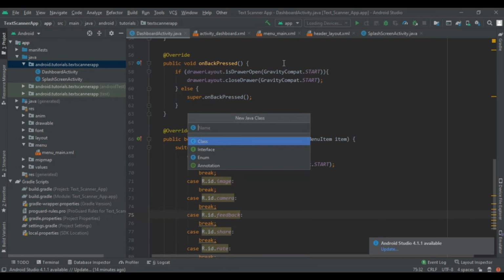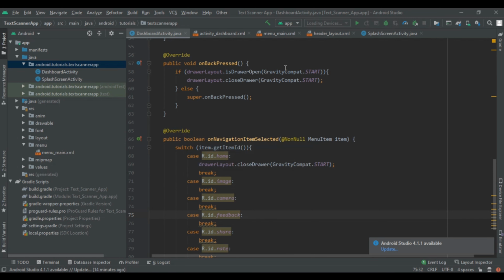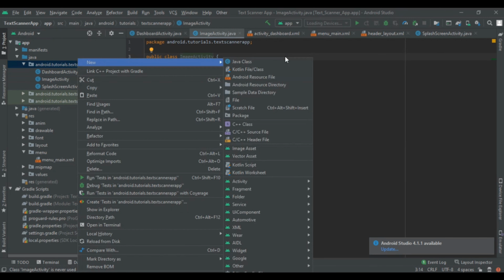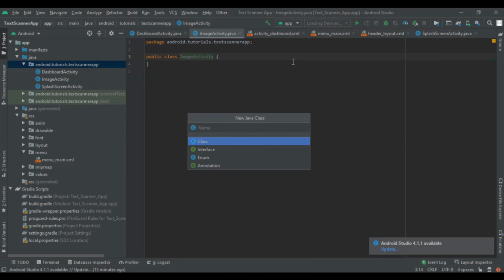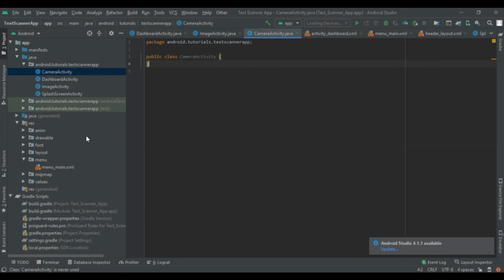So here I am using ImageActivity, then add that class and click on new Java class, and here we are going to use CameraActivity. Remember, we are going to use only one root layout file, working on two Java classes with only one root layout. So first create that layout also.